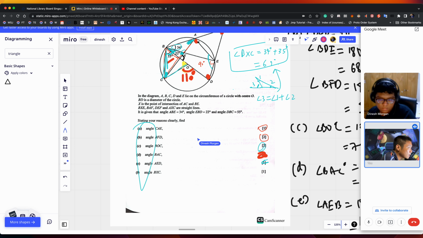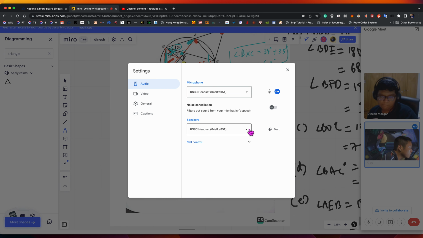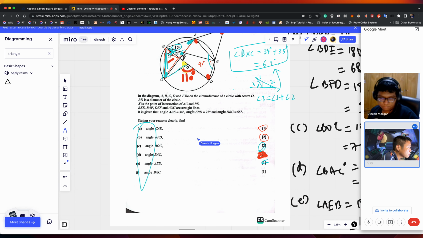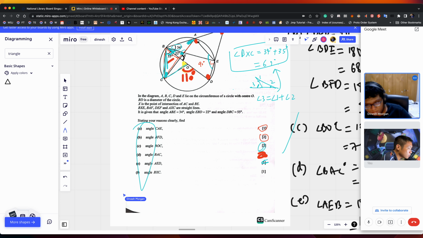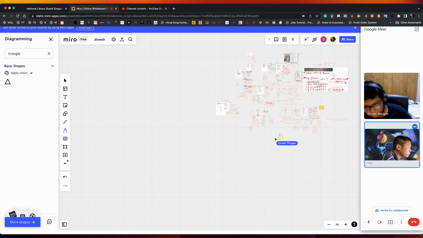Correct. So for the properties of circle, I really think that you have to be really good with the properties of circle. If not, it's all about whether you know the rules, then you apply them, and then you can see it or not. If you can't see it, can't be helped. Okay. Good. Let's go back to your revision material and then see